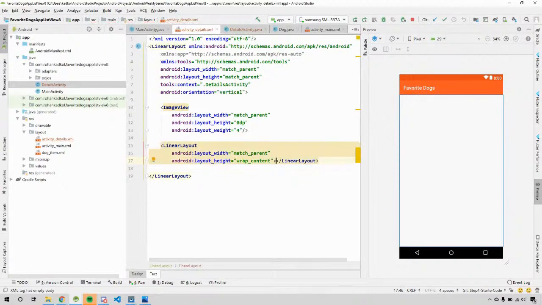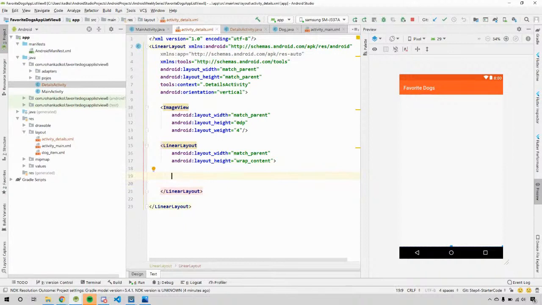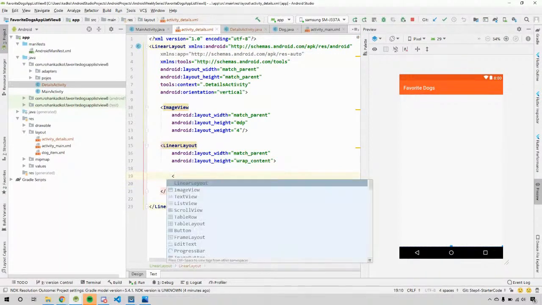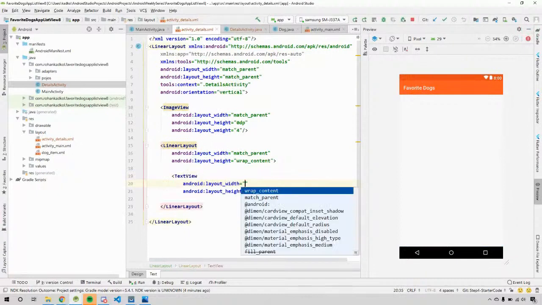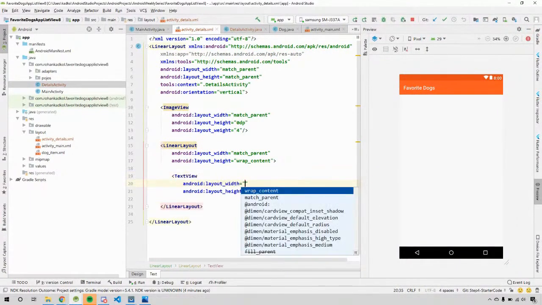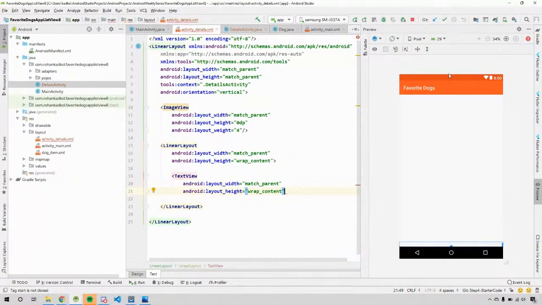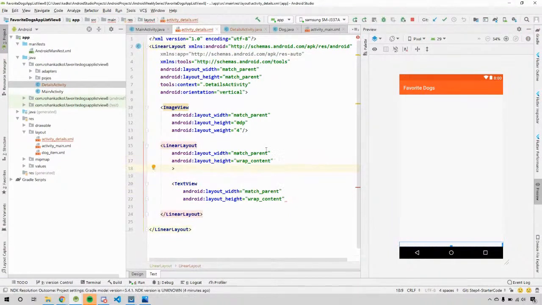So once you do this, again I'll show you. Close it using the greater than sign and then click enter twice or thrice. And here, as our layout shows, text view, went too fast here, open text view, click on enter. Width of text view, let's keep it as match parent and height as wrap content. So it'll expand all the way. And let's give this a weight. So linear layout weight of